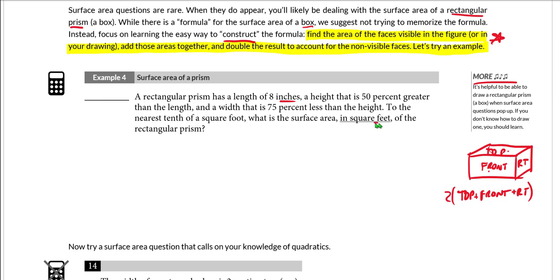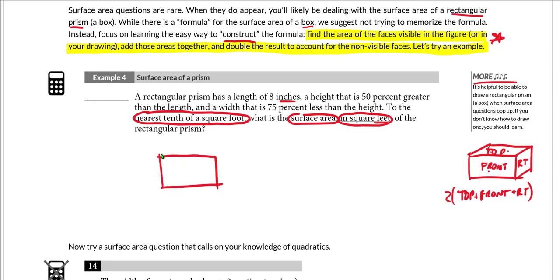So notice we do have a unit change here. We're going to have to be a little bit careful about that. We need the surface area in square feet, and I am going to circle the rounding instructions here. Always important to circle the rounding instructions. Tenth of a square foot. So how am I going to do this? Well, first, let me go ahead and